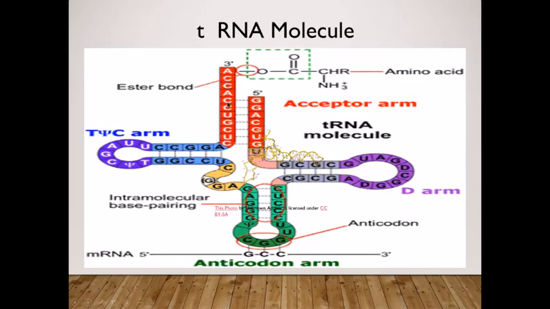Let us see the clover leaf model of tRNA in detail. Here is the anticodon arm, GCC, and here is the amino acid bond, ACC. It carries a specific type of amino acid at the CCA end to ribosomes during protein synthesis. This becomes possible because of the complementary nature of codons and anticodons. The tRNA is also referred to as sRNA, that is soluble RNA, as these molecules cannot be separated from cytoplasm even by the ultracentrifuge technique.